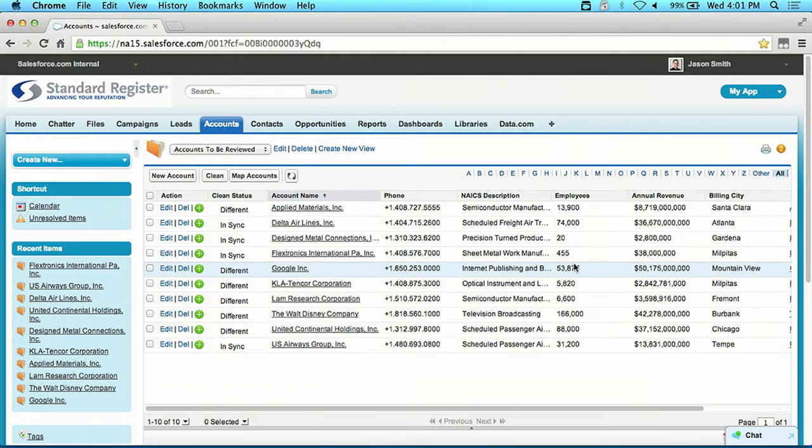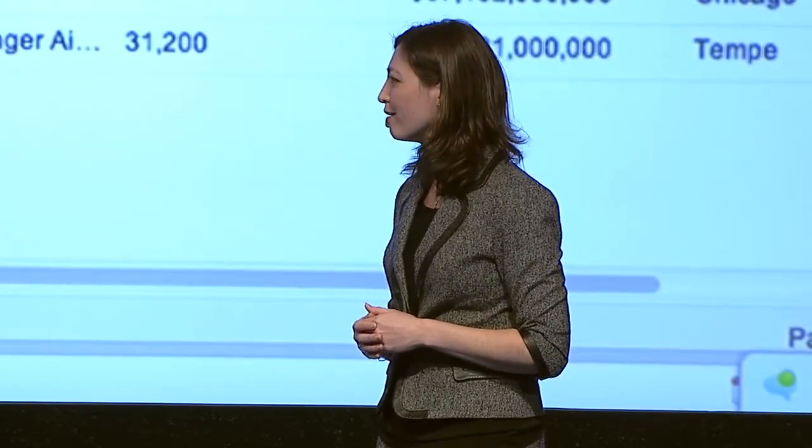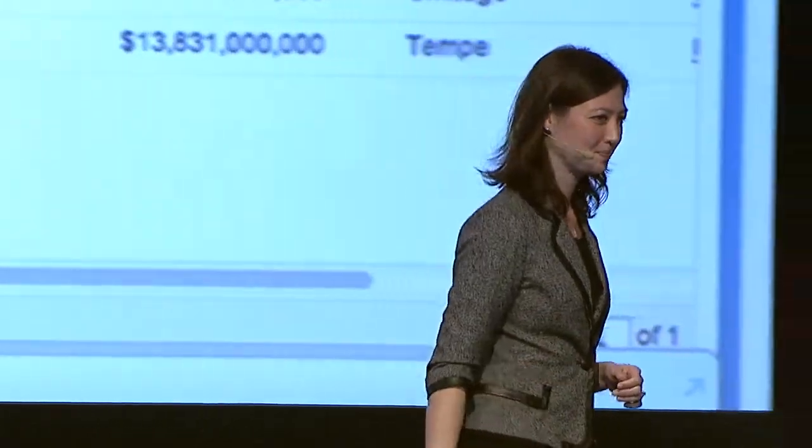So again, what were we taking a look at? We're seeing that when we even have just partial information, with data.com, we can bring the right data at the right moment, whether it be through contacts, or when I'm reviewing accounts. And everyone can benefit with more complete information whenever and wherever they are. Back to you, Andy.